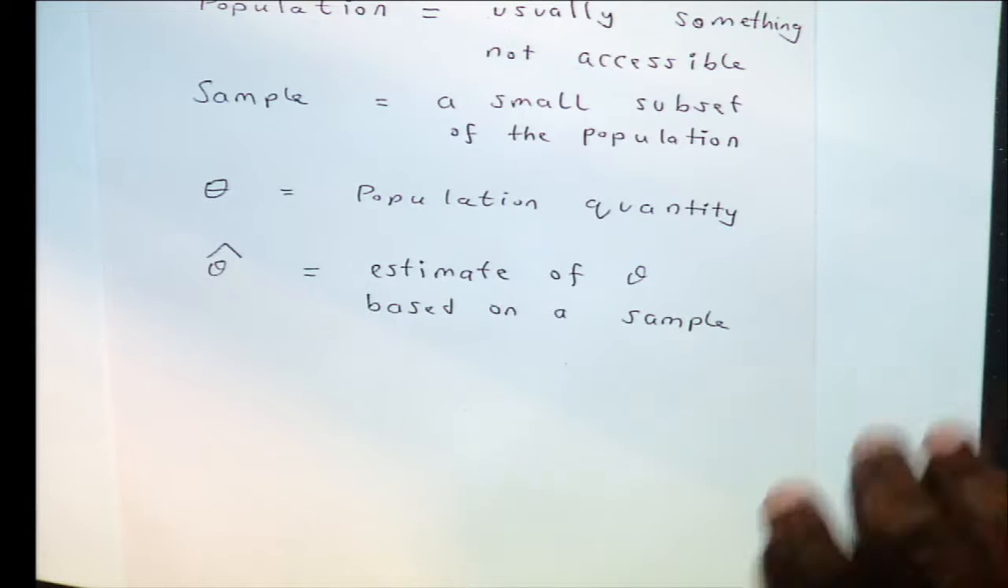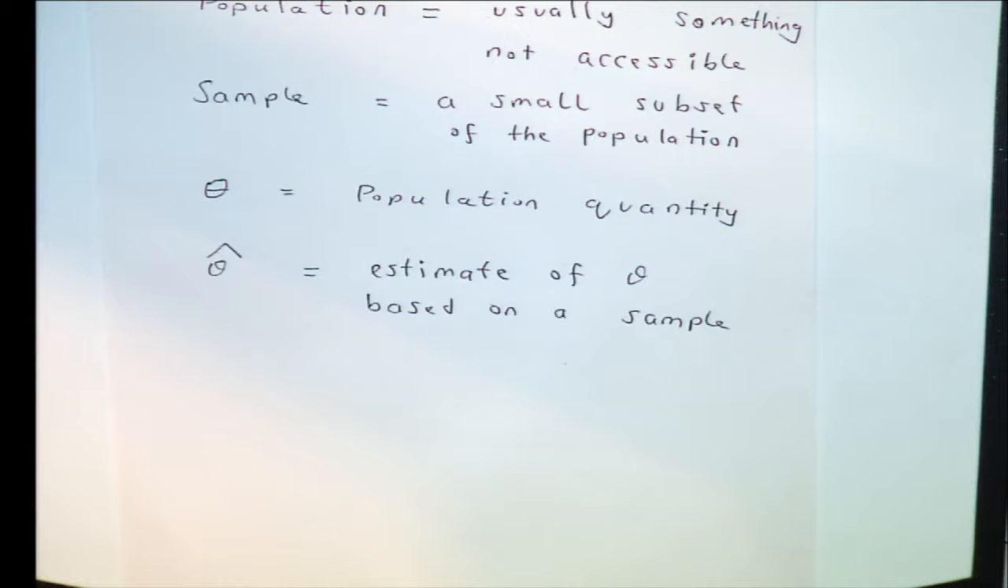The notation I shall use in this course, and probably in other courses you have taken in the past, is theta. Theta is the common notation to denote a population parameter, or in other words, a parameter that is associated with the population. Theta hat is an estimate of theta based on a sample, right? So, for example,